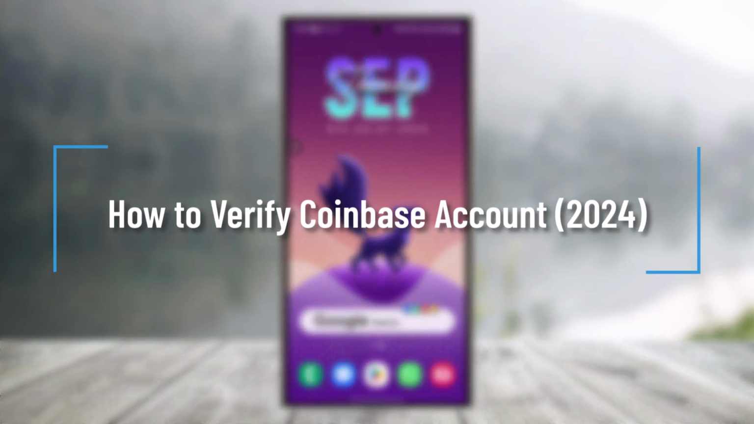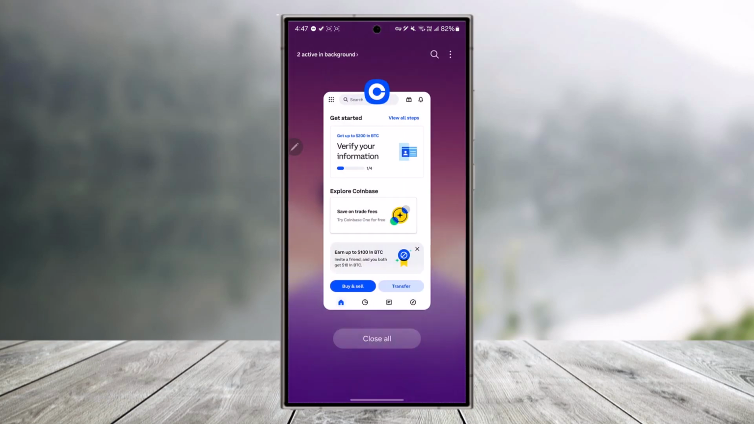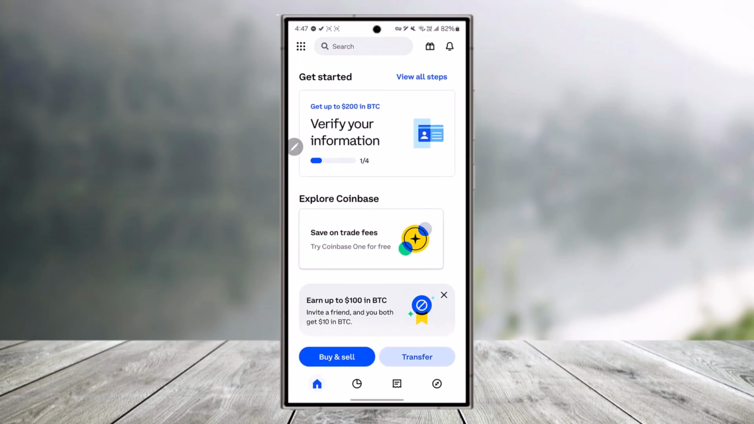How to verify your Coinbase account. Now, verifying your Coinbase account is actually very simple. All you have to do is first of all launch the Coinbase app, and this is the kind of information